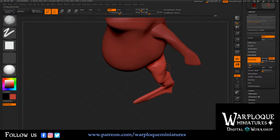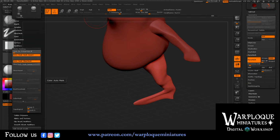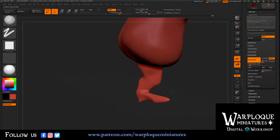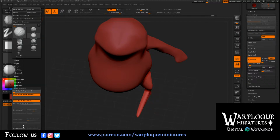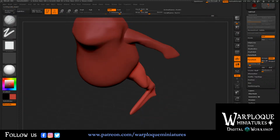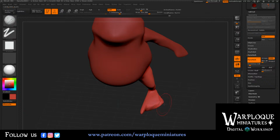Essentially this, I'll show it here, replicates the effect of slapping clay on to this. I just need to tweak a particular setting, which is something that I do personally. So back face mask. If I was to do this on a very thin bit of membrane like here, it affects the reverse side as well, because remember, this is essentially a balloon, so it affects both sides. You get this horrible effect here. But by using back face mask, it removes the effect of the brush on the opposite side of the object. So when I do this again, you can see that that remains the same, and I can start to